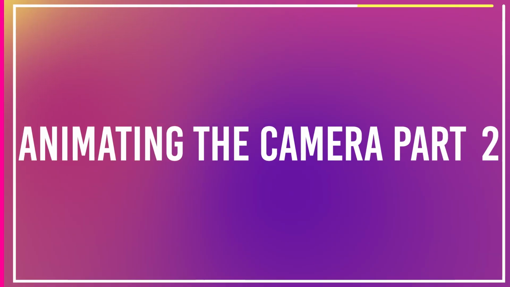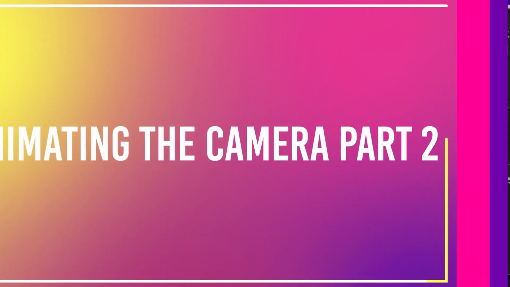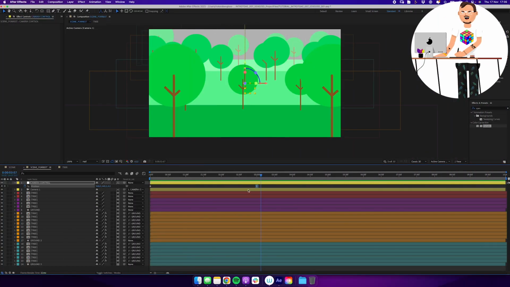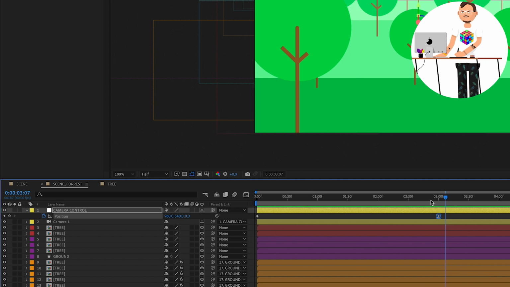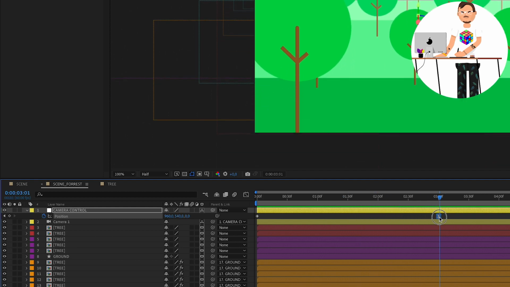When doing movements like this, what I like to do is my main camera animation on the position, and then I use anchor point on the same layer as a backup for secondary motion. That can be a little bit abstract to understand, but just to show you what I mean, I have my main camera movement happening here during the first 3 seconds. The camera goes from up in the sky down to here. And then from here,